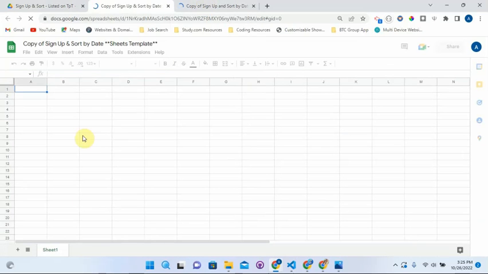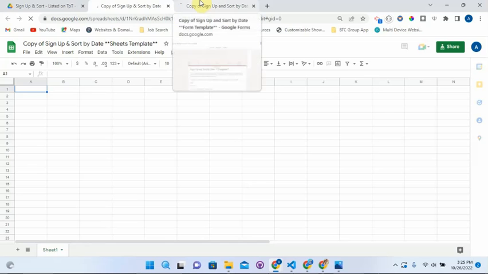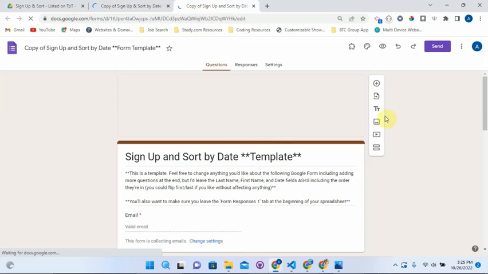The Google Sheet is going to look empty. That is because all of the stuff you'll need on this Google Sheet is actually going to happen when we hook up the Google form to it, and there's some code in here that is running in the background that you can't see yet. So we'll get to that in a second. First thing we're going to do is go in the Google form,